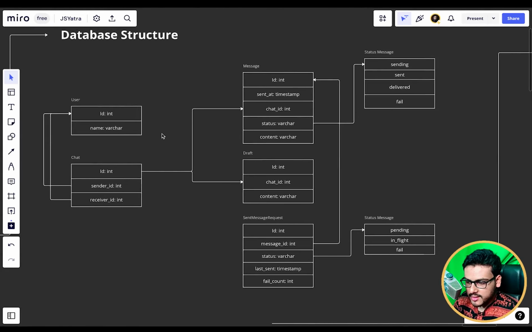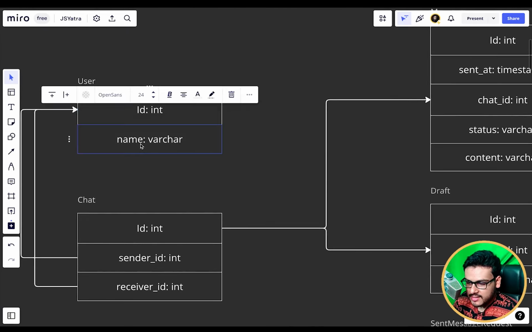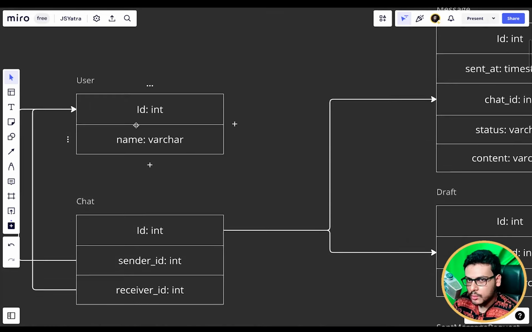Okay, so this is the database structure of the whole application. A database is a place where we can create tables. What you are seeing, these boxes, are various tables, except for these two. These are just enum values that I have shown you over here. You can ignore these two for now, but these are the 5 major tables that we are going to have inside our application. The first table is the user table. It has an ID and a username. This table is going to store information about the user. A user can be either a sender or the receiver. They can be either of it.